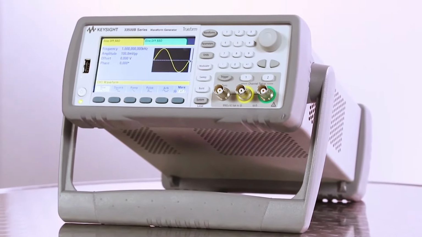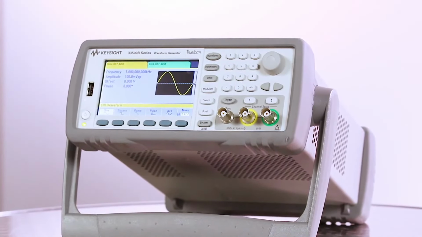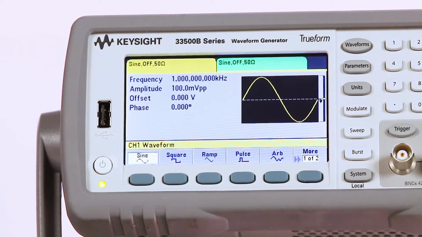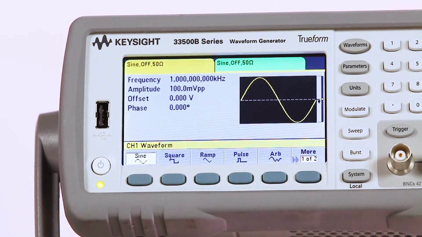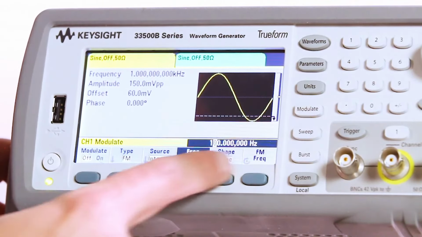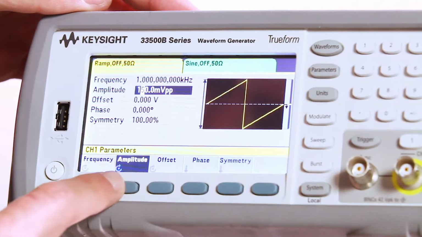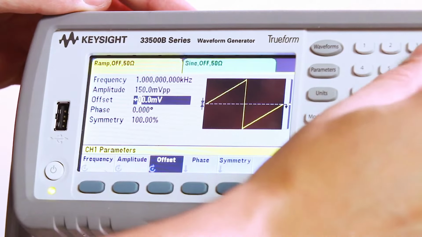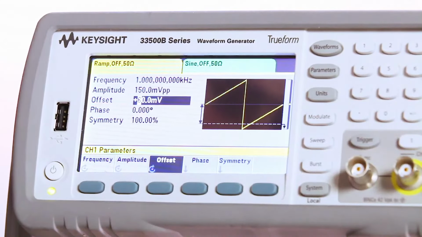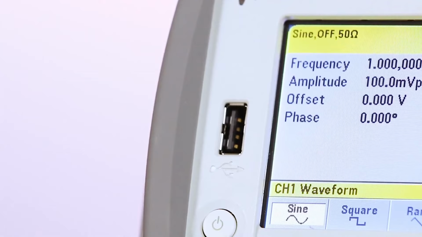These TrueForm function generators have a variety of capabilities that you can't find anywhere else. Capabilities designed to help you accelerate your testing and get your projects completed faster. They are extremely easy to use. As you'd expect, TrueForm function generators offer the standard signals and features like modulation, sweep, burst, and signal summing. They also have a large color graphical display that lets you set multiple parameters simultaneously and gives you quick viewing and editing of your signal.